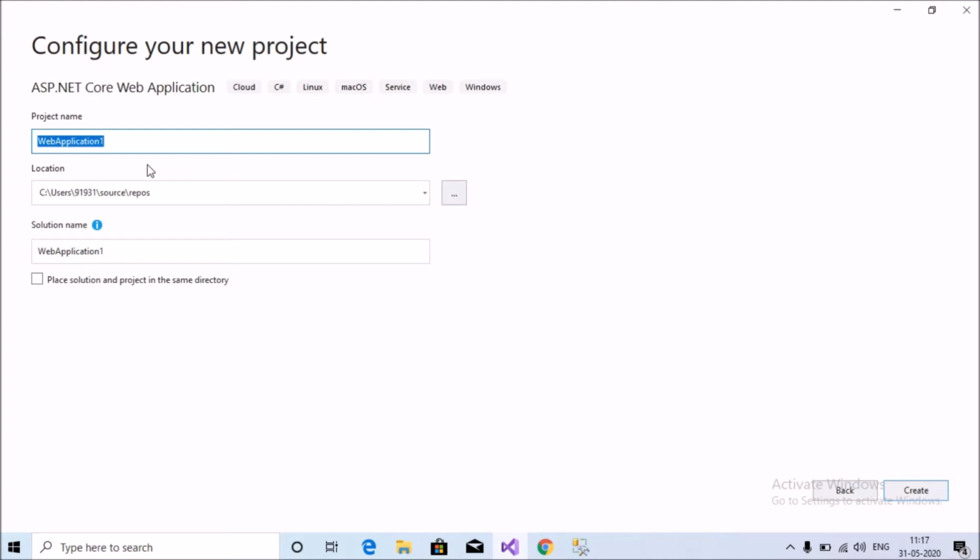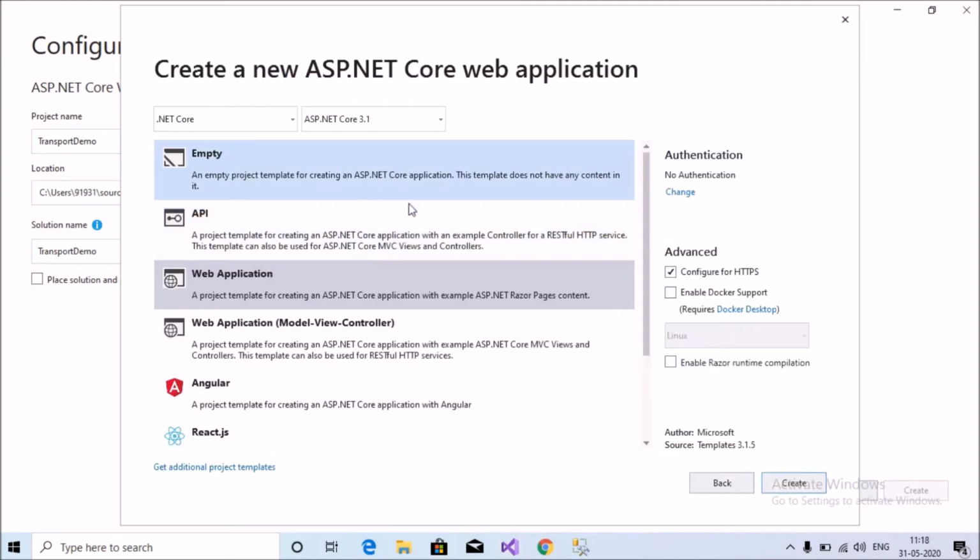For example, my project is a transport related project, transport demo, and click create. And you can see here a window.